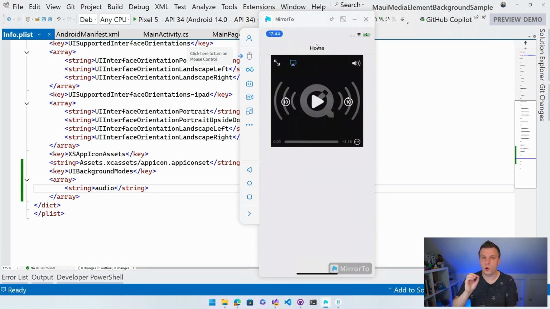And again, here you see the QuickTime logo. I would really love to see the artwork here. So I'm going to add an issue for that. And if you want to see it as well, maybe you know how to implement it for iOS and Windows, please open that pull request.